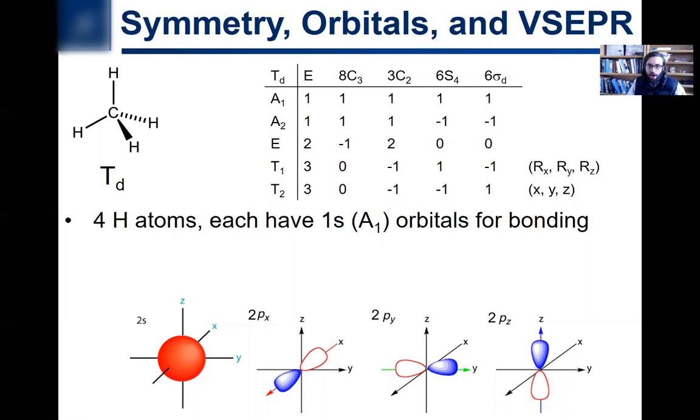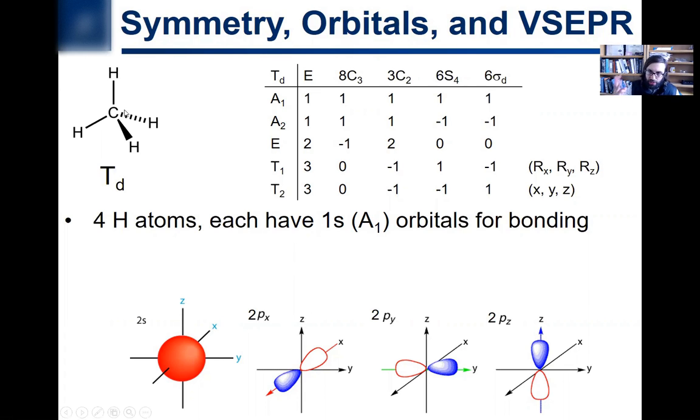Here's the problem. What orbitals do you have to make bonds? Well, on hydrogen, all you have is 1s. There's only one valence electron on hydrogen, and it's in the 1s. So all these hydrogens just have a 1s orbital. So you have 4 1s orbitals, okay? And the symmetry of those is what's called A1 symmetry in the Td space. We'll get into this in chapter 4, but just believe me at this point that the atomic orbitals have what's called A1 symmetry, and the p orbitals, okay,